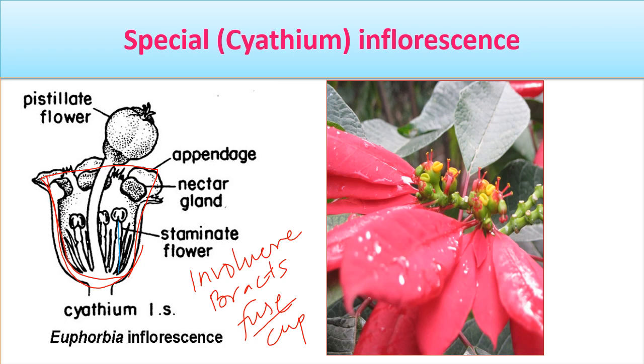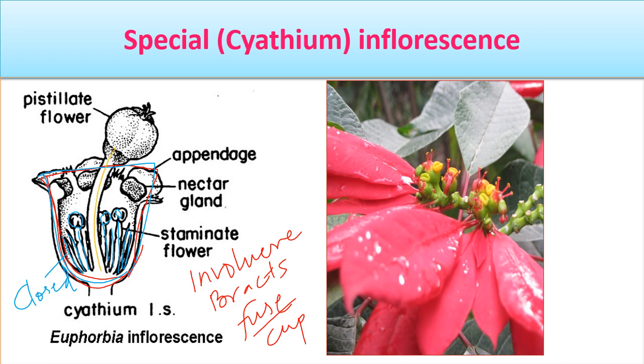If you look at this structure, this is one male flower, a stamen, this is another male flower, this is another male flower. So every stamen here represents a male structure, a male flower. Every individual stamen is representing one male flower. And if you look here in this cup, all male flowers are enclosed. And again I'll change the color.